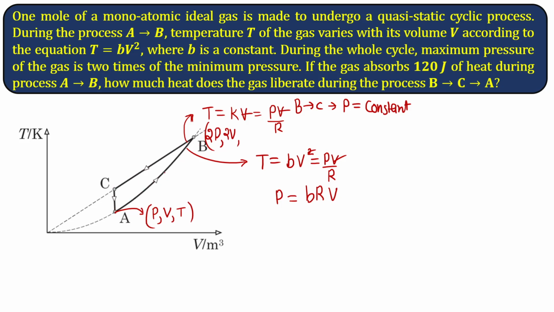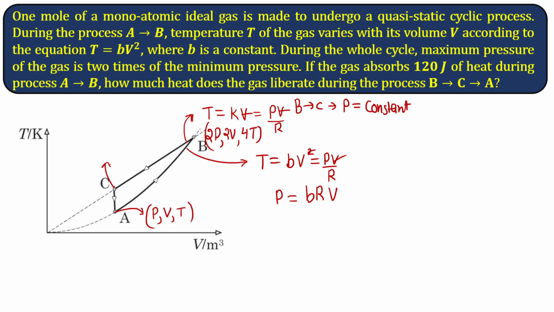If we choose any point, at any point, pressure into volume by temperature is going to remain constant, right? So here it is PV by T. Here at point B, the ratio should come out to be PV by T. Since in the numerator it is 4 PV, the denominator must have 4T here, right? So the pressure at B is known.